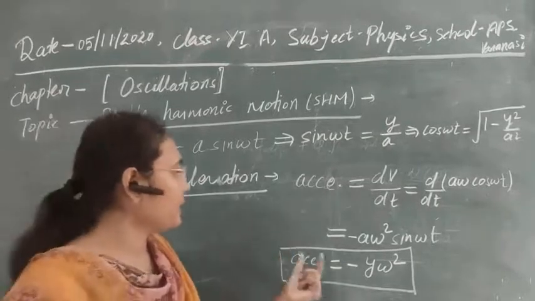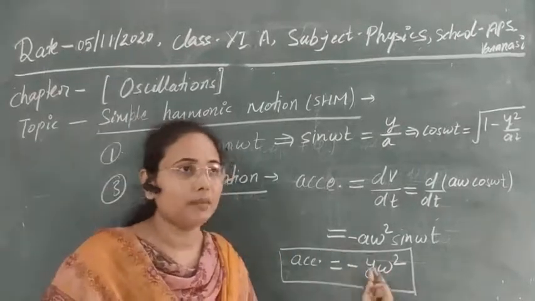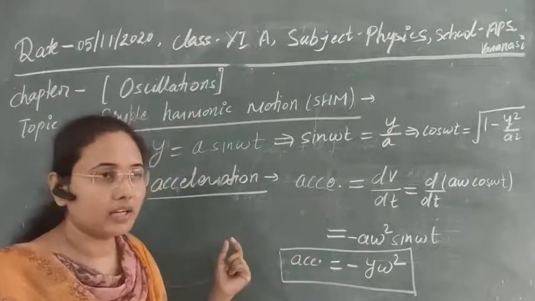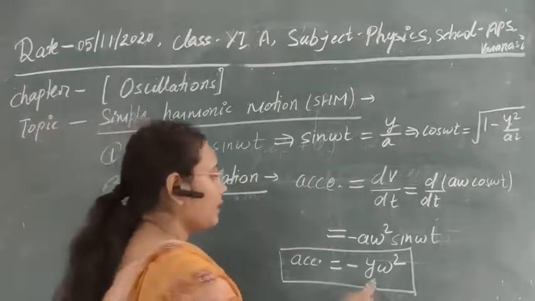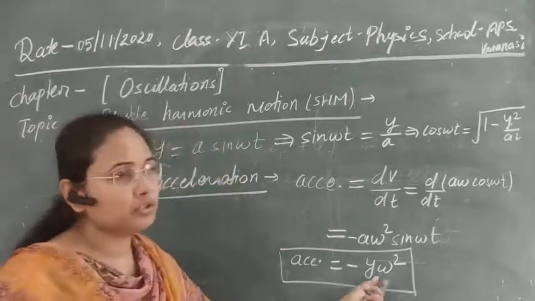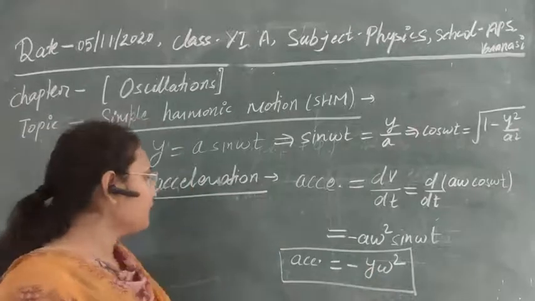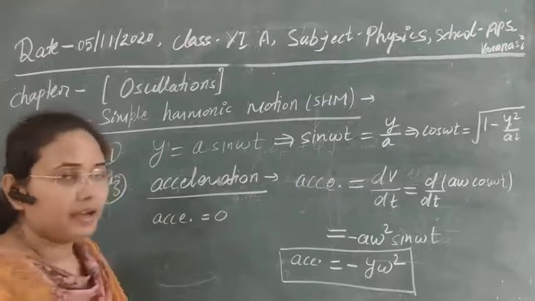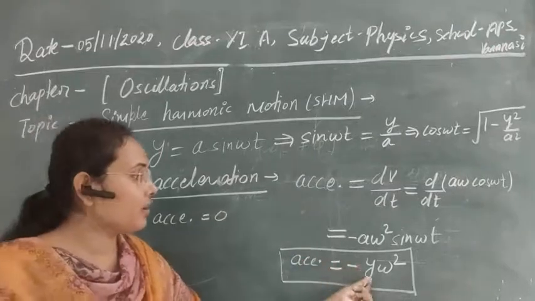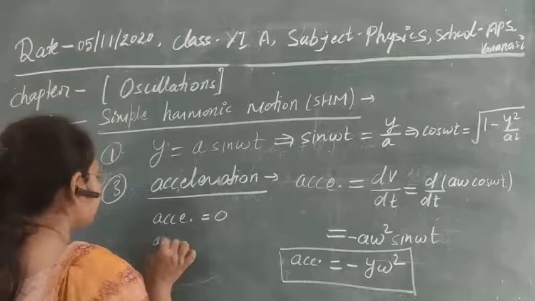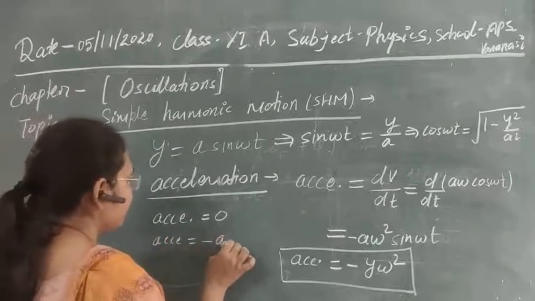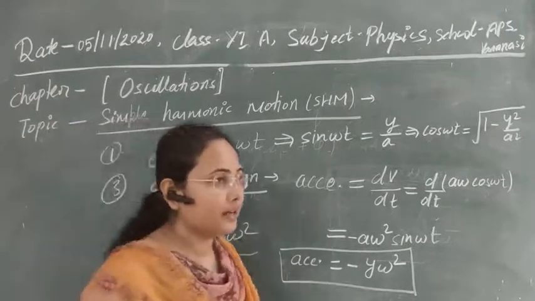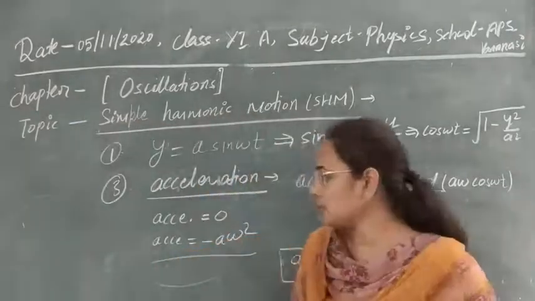So I think what the acceleration is, that is clear to you. Again we can obtain the acceleration at the extreme points or at the center point, the equilibrium position. At the equilibrium position, as y is equal to 0, displacement is 0. So from this equation we can say that the acceleration at that point is 0. And at the extreme positions where y is equal to a, the acceleration obtained is minus a omega square. At this position, if you calculate the magnitude of acceleration, it is maximum.